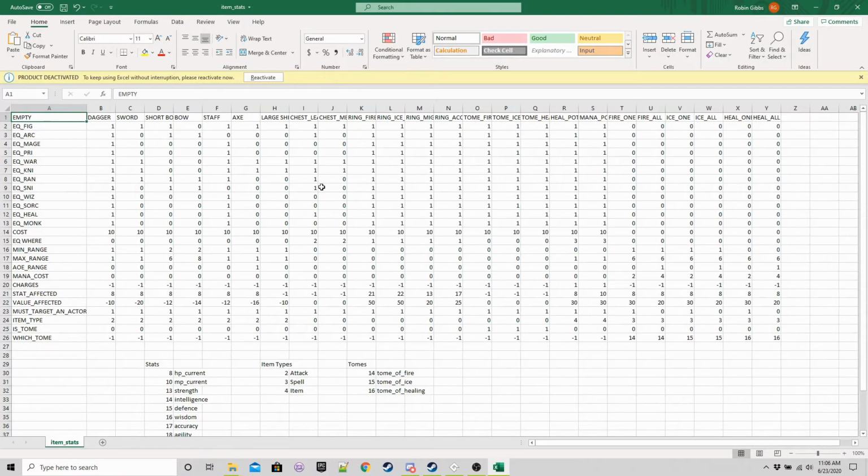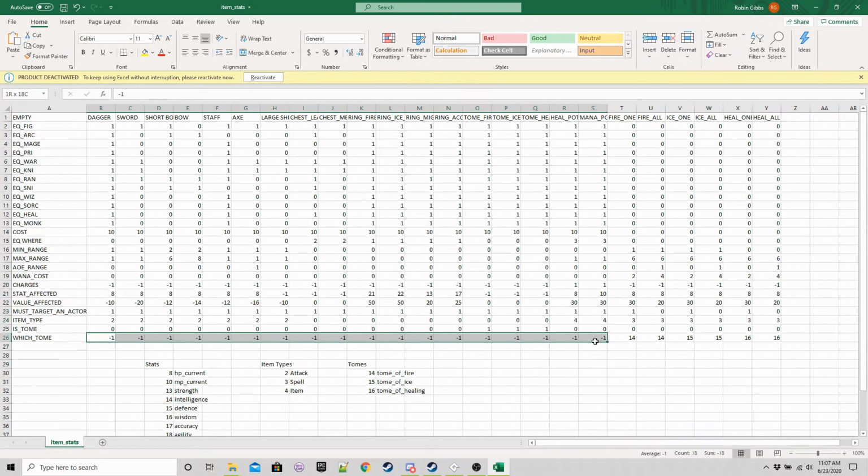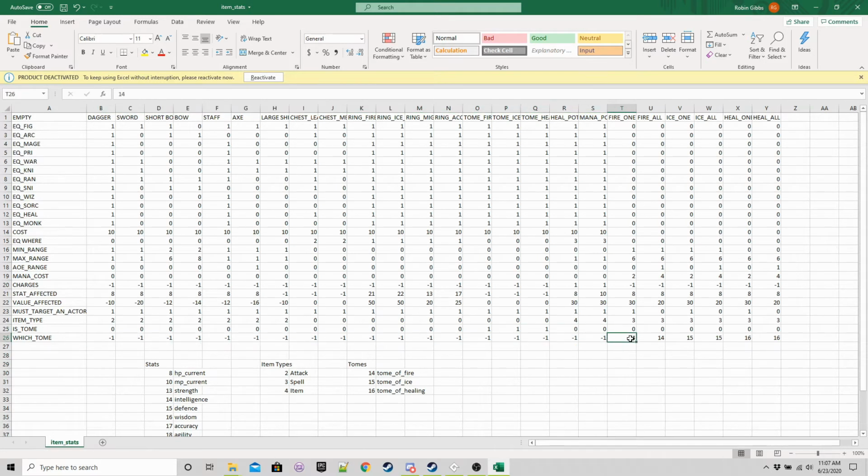Okay, so here you can see the new and improved item stats CSV. You don't have to fill all of this out yourself. I'll include it in the description box for you to download. It includes all of the new stats. You can see most of these items have a which tomb of -1, but the fire spells have a which tomb of 14, ice 15, heal 16, and if we go 0, 1, 2, 12, 13,